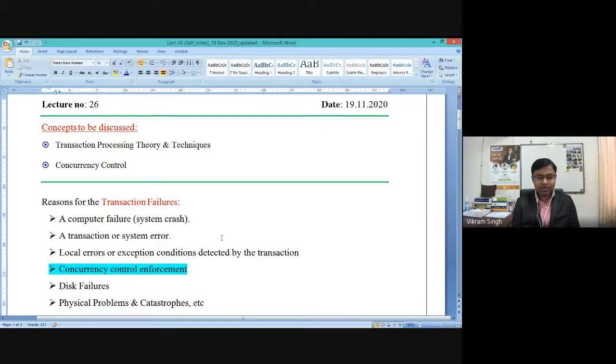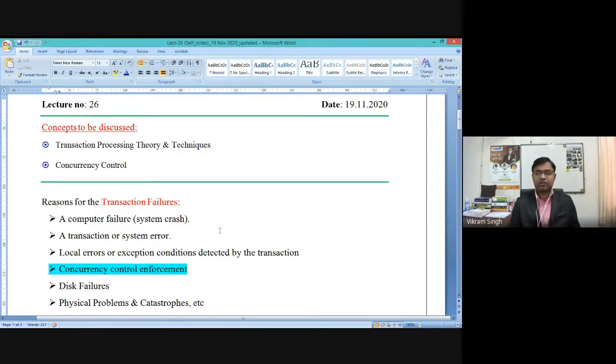It is called concurrency control enforcement, right? So whenever a transaction fails because of some external reason, in the database system there is a component called recovery control, right? That component is mainly there to enforce or apply some kind of restrictions, some kind of protocols to make sure that everything is in place, every piece of data is in a valid state. There is no loss of value, no loss of information, right? So sometimes it is because of concurrency control enforcement.